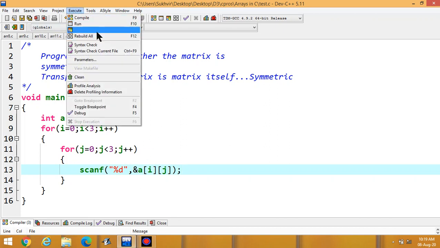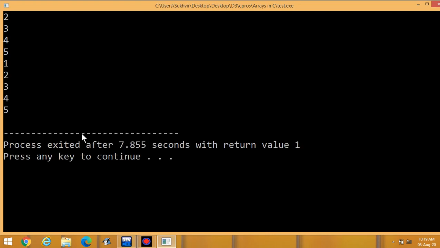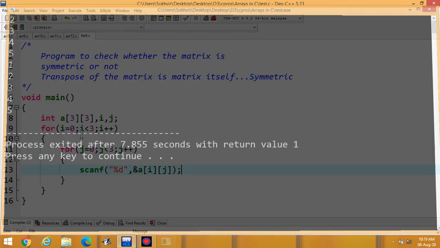Let's execute the program. You can enter 9 elements because a 3 into 3 matrix is there.